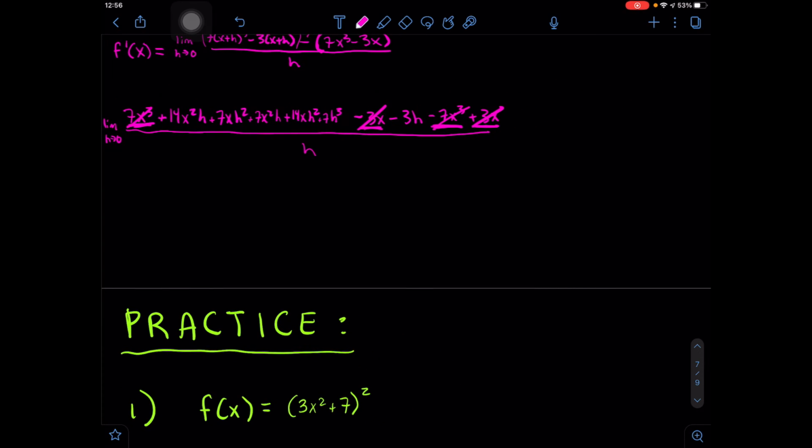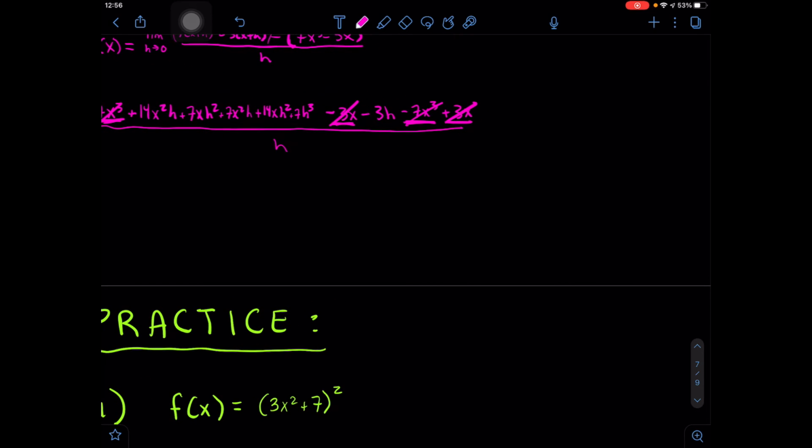So if we rewrite it, we'll get the limit as h approaches 0 of 14x squared h plus 7xh squared plus 7x squared h plus 14xh squared plus 7h cubed minus 3h, all